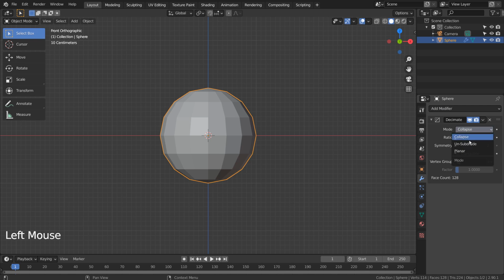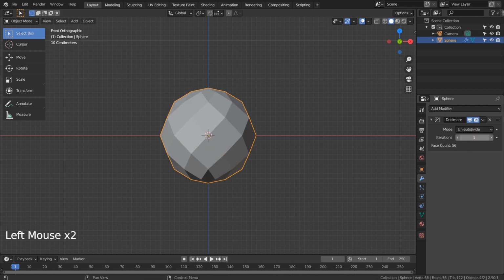Let's add the decimate, the wireframe, the bevel, and the subsurf modifiers.